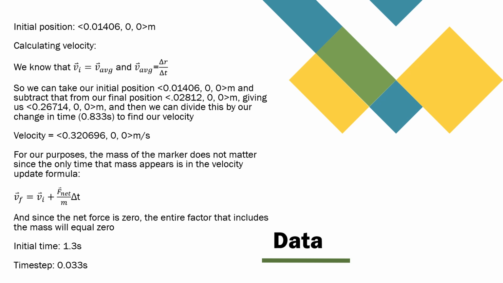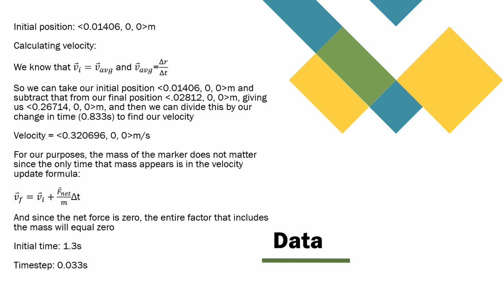Okay, from our tracker simulation, we can get that our initial position was the vector 0.0140600 meters, and we can calculate our velocity because we know that the initial velocity is equal to the average velocity, and that the average velocity is the change in r over the change in time. So we can take our initial position, which is listed there, and subtract that from our final position, also listed, giving us our displacement, and then we can divide our displacement by our change in time to find our velocity, and our velocity ended up being the vector